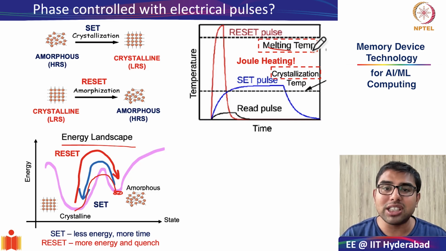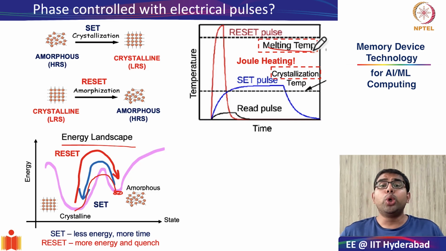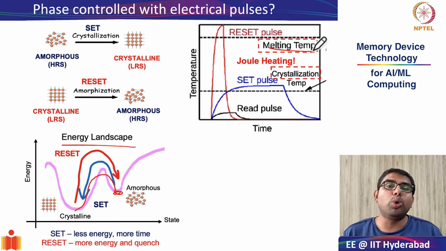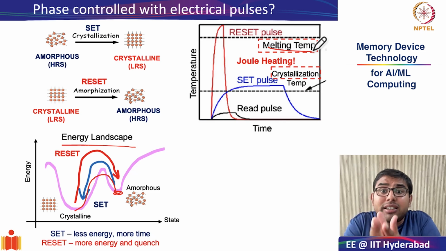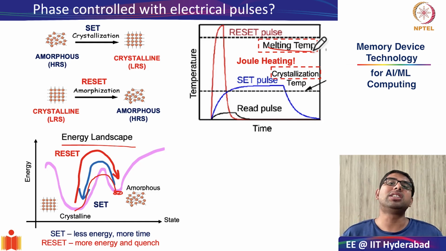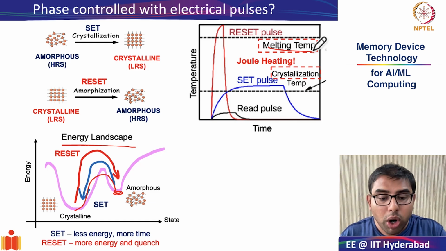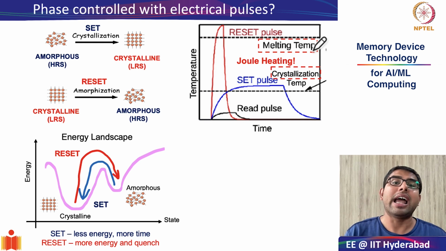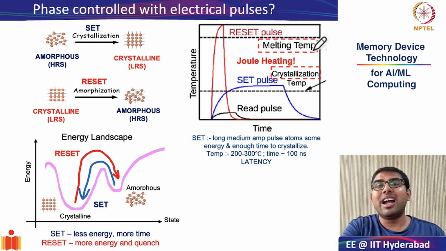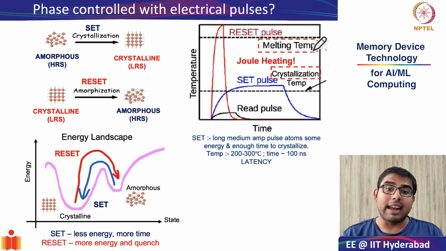Whereas the melting temperature, as you know from the process of melting, you give it so much heat that the tight packing between the bonds is broken and it almost goes to liquid phase. In that liquid phase, there is a lot of disorder. If you suddenly freeze it, it will remain in its amorphous phase. And this is what is done using Joule heating as well. So next we will see how the set and reset is facilitated by different amplitudes and durations of electrical pulses.